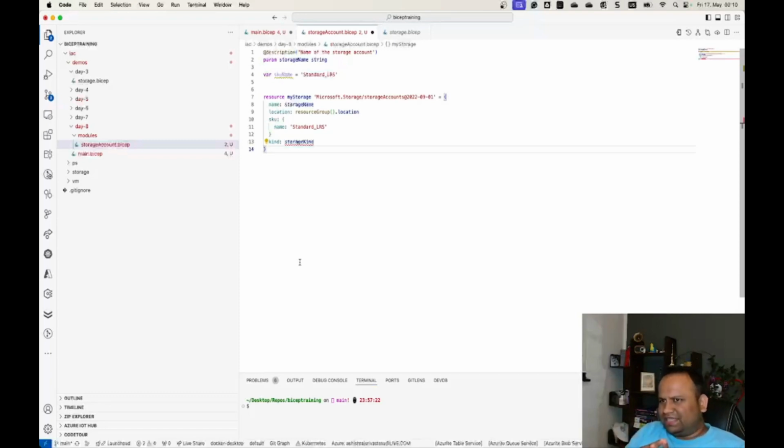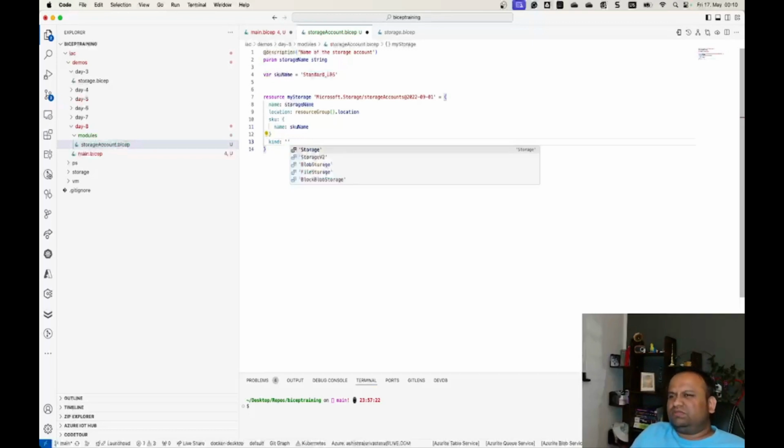I mean, just give an example. So it makes sense to have this defined as a variable and use that variable instead of using the constant. And then the storage kind as well, I don't want to give someone the ability to create all different kinds of storage account for organizational reasons maybe, or maybe I just want to make sure